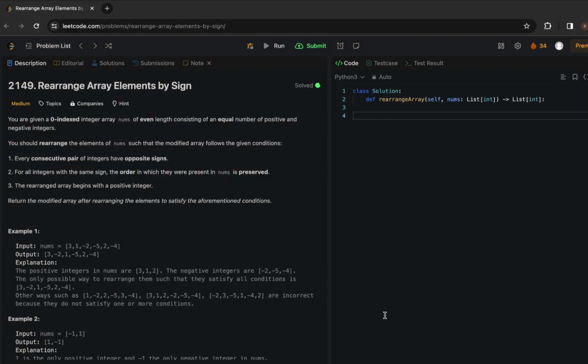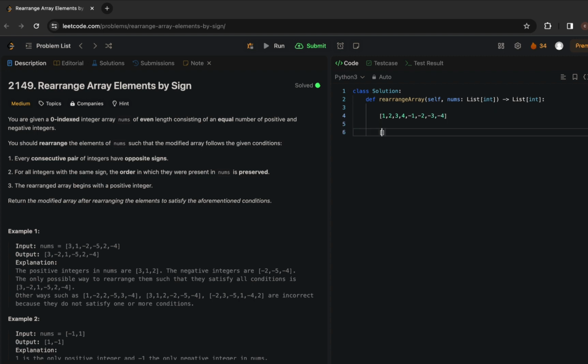Back to another video of the LeetCode Daily Challenge Streak series, and in today's video we have a new question that says rearrange array elements by sign. You'll be given an array with positive and negative elements, and you're supposed to arrange these elements such that the positive numbers and negative numbers occur alternatively. Okay, so if you have something like 1, 2, 3, 4 and -1, -2, -3 and -4,